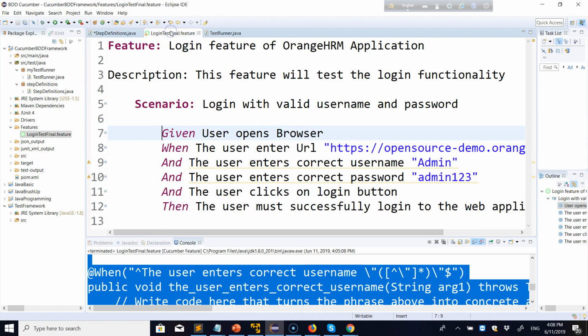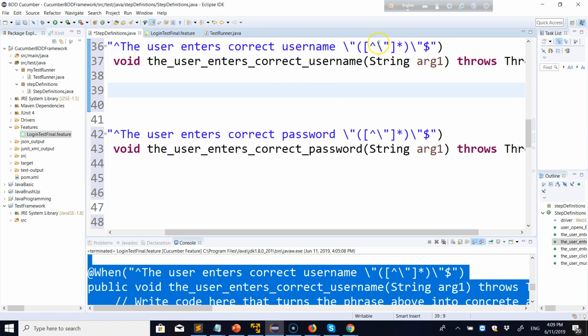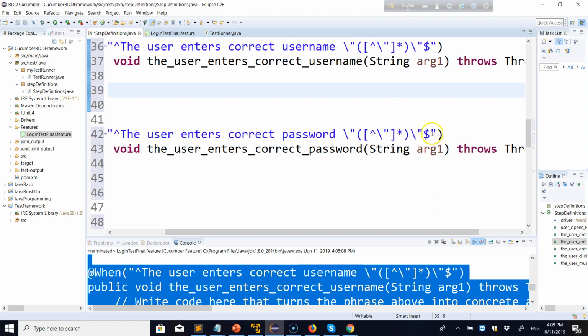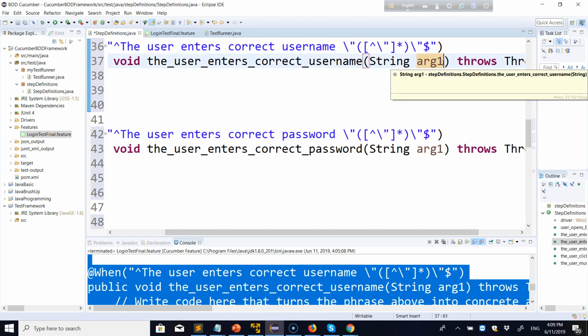You can see it here instead of this admin. Okay, we find this, and instead of this password admin123, we got this regular expression, and instead of this argument 1 we are using